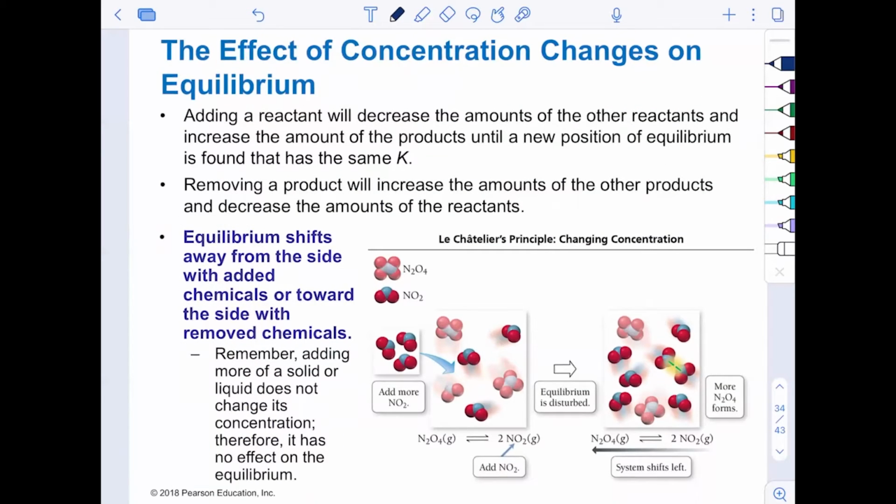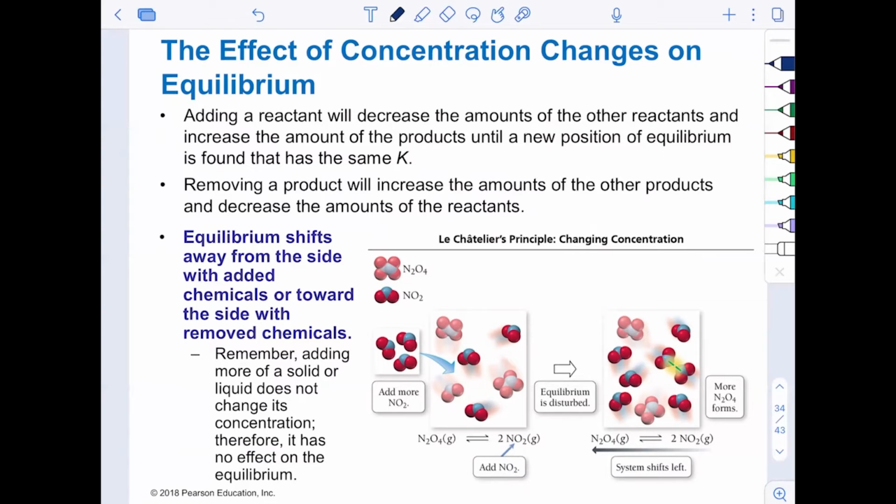Now, disturbing the equilibrium can be by adding reactants, all right? It can be by removing reactants, and it can be by changing temperature. Now, adding reactants will decrease the amount of the other reactants, right? And increase the amount of products. If we're increasing a reactant, we're adding more of our reactant, and the reactants are stressed. There's too many. And as long as that reactant is added, it will drive the reaction forward. The reaction proceeds right to the product side.